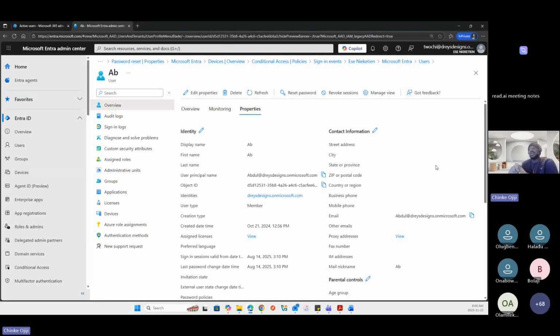Any identity you create, Mr. A, you create Mr. B, or Mr. C, any identity you create after you've created that organization will be prompted to set up an authentication method to authenticate their identity. Now, security default only allows you to authenticate using the Microsoft Authenticator app.